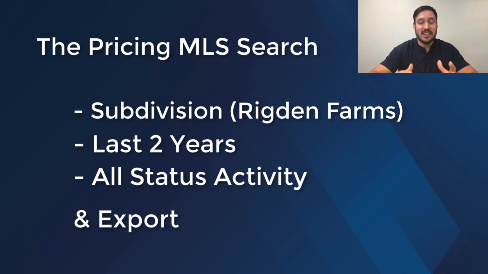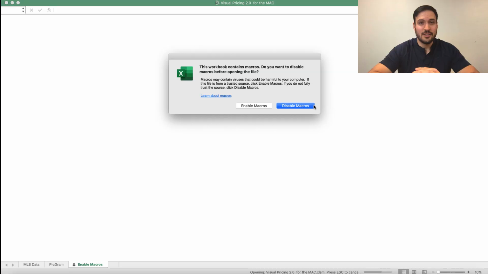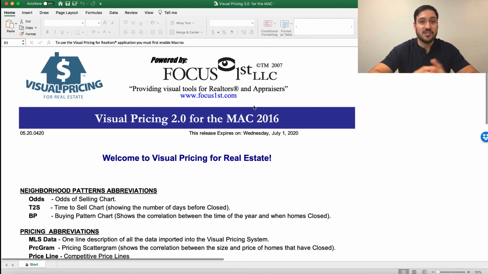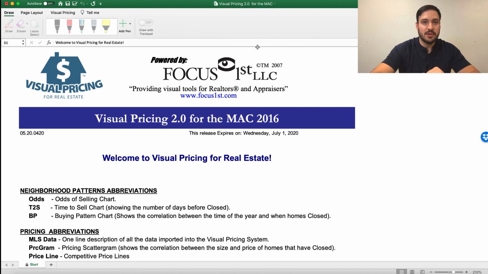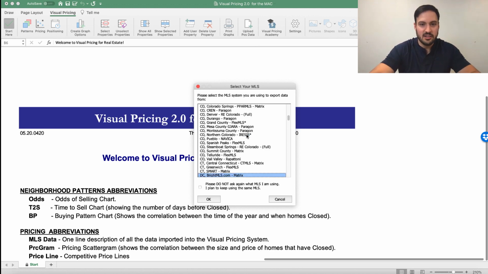Now I exported that to my desktop, and we're going to jump into step number 2 now of loading that into the visual pricing system. Okay, so as we go to load this in, we're going to first open up the visual pricing system, which you can see here. I'm going to click Enable Macros. If you're on a PC, you might see a message that says Enable Content, but they both accomplish the same thing. Click Visual Pricing. Click the Start Here button, and I'm going to select that we are in Northern Colorado,